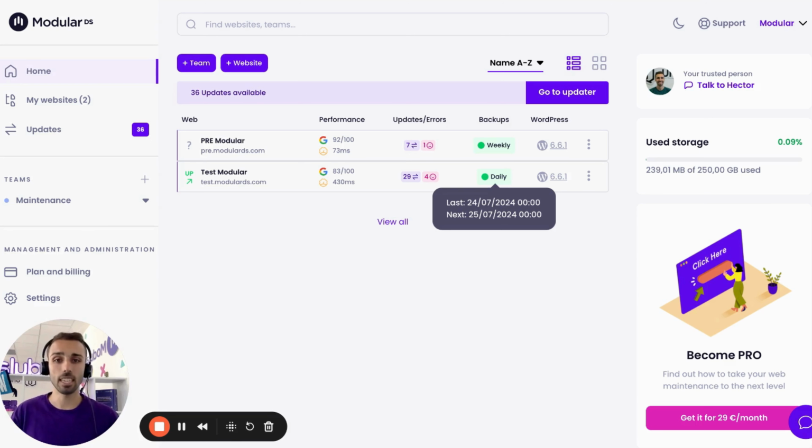Okay, so this is it for modular backups. Important to say at last that these backups are stored in the cloud, okay, in European servers to comply with the RGPD legislation. And if you have any other questions about how backups work or what to do with them,